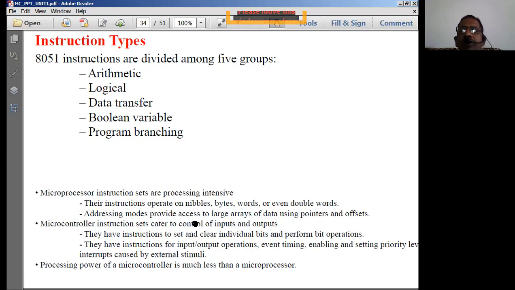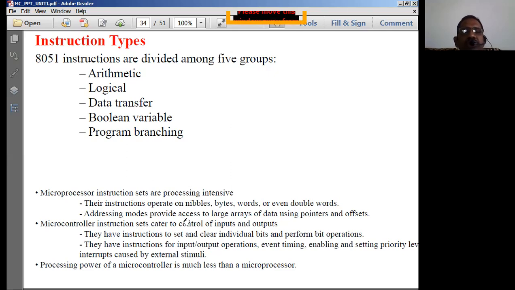What do you mean by a word? A word can be a 2-byte, 4-byte, or 8-byte quantity. All these are called words for us. So the instructions used in microprocessor based systems normally operate on nibbles, bytes, words, and double words.